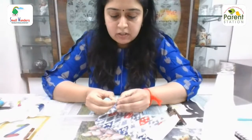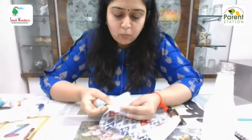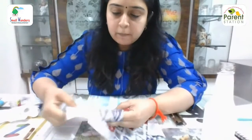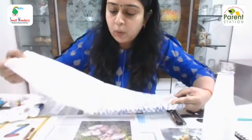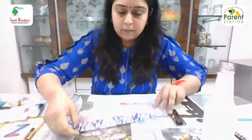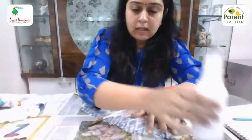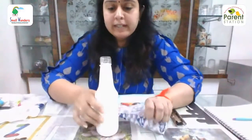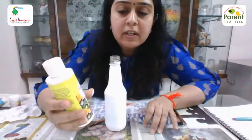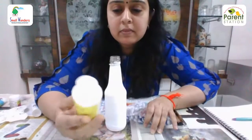After tearing it, if it's a two ply, you will get one more layer of tissue coming out, which you have to remove and keep aside. Now we'll take the bottle, and the glue which we use is Fevicryl Mod Podge glue, which is again a